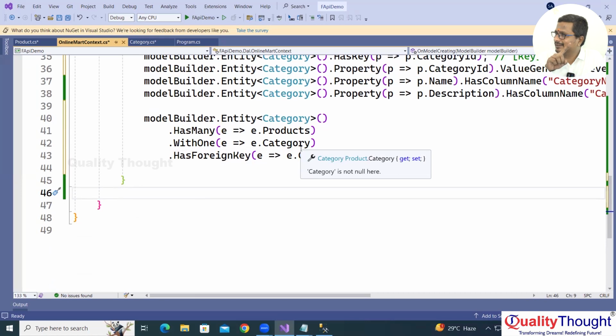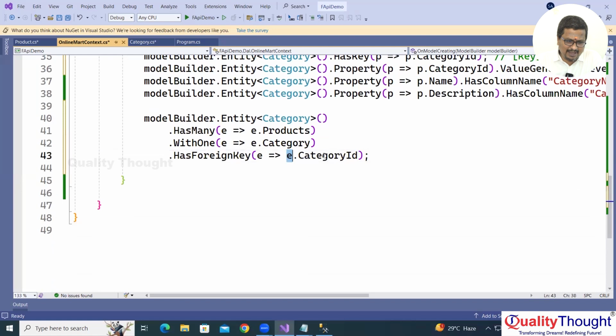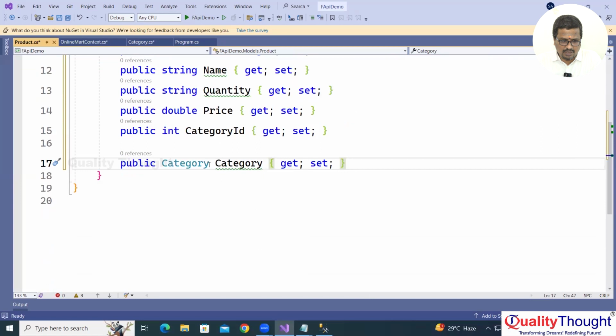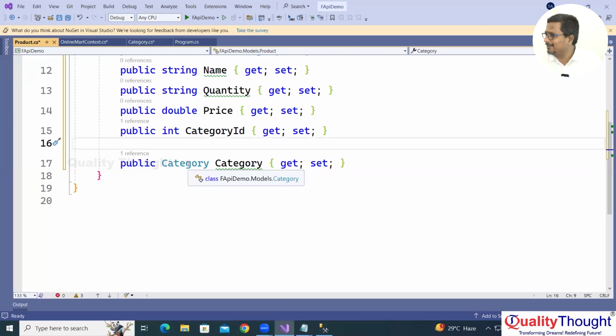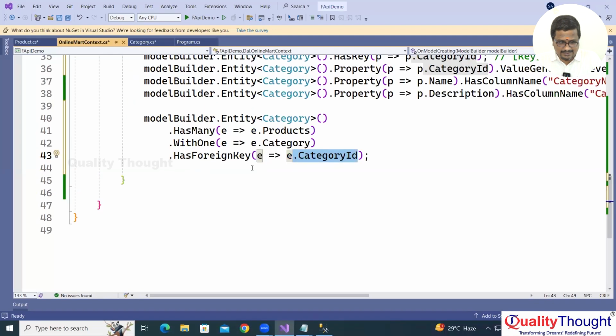Many products with one category. Now, in that, which one is acting as a foreign key? Which one? Category ID is acting as a foreign key. See, in the product class, here you added category ID as a key. Okay, you are making that one as a foreign key. Okay, this is model builder dot entity of category has many products with one category, has foreign key e dot